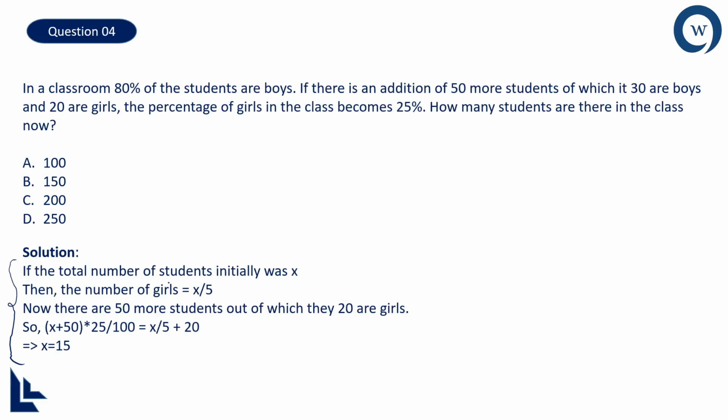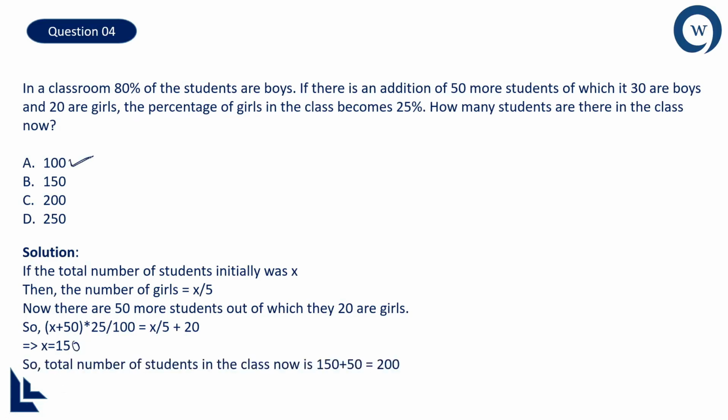Now, how to solve the same problem with the help of a shortcut? If you consider 100 is the total number of students right now, I'll take the first option because this is the easiest option that you can see in the 4 list. So I'll take 100, this one. If 100 students are there right now, how many students were there before? 50, right? 50 people were there before and 50 joined later. Now, I'll go for the initial case. 80% of the students are boys. In this 50, 80% students are boys.